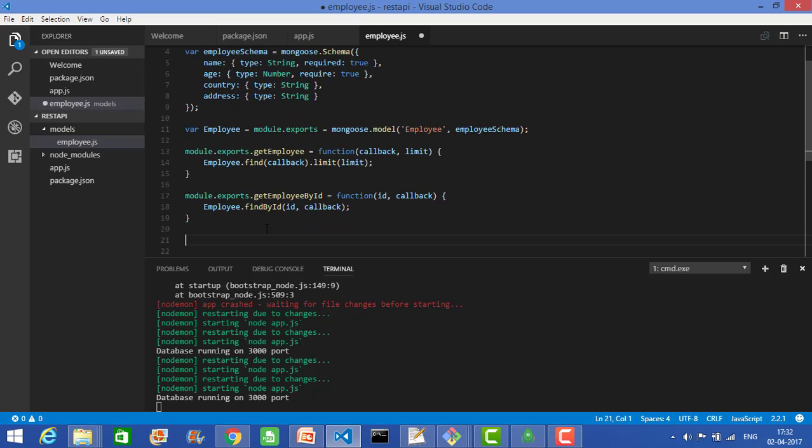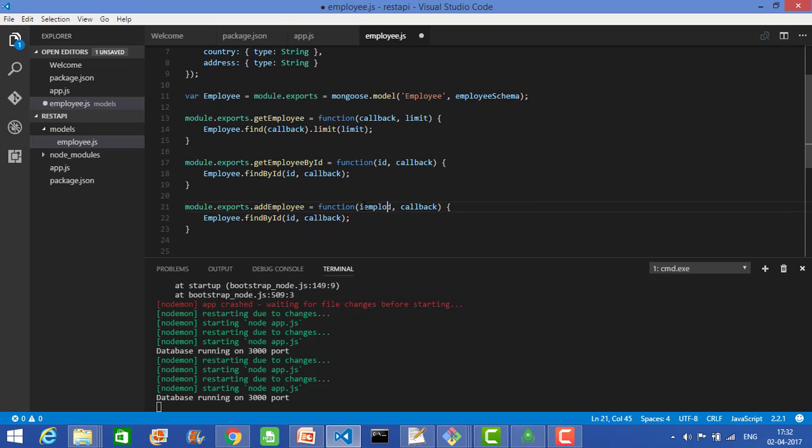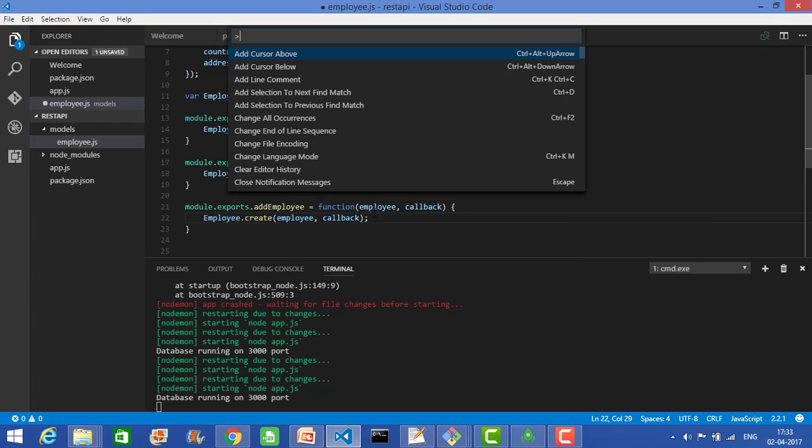So right here, the employee from above, so your employee, and here what you're doing basically is employee.create. So in MongoDB we have the create function. So basically when you do create, just pass the body, so this is body, and the callback, so the callback is basically the same,